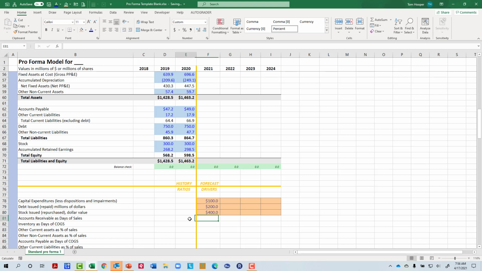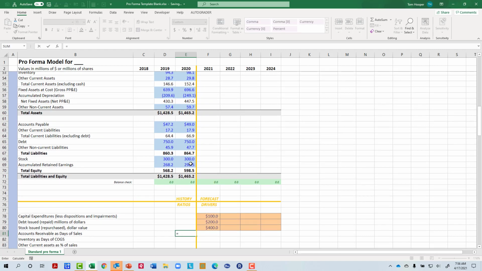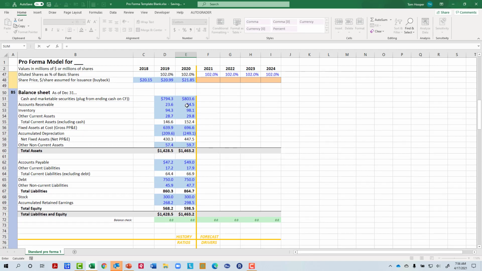The first ratio I want to do, though, is accounts receivable as days of sales. Well, if I were doing accounts receivable as a percentage of sales, I could just divide it by sales. So that would be a year's worth of sales, right? But if I take the sales, which are up on E15, and divide them by 365, then the denominator gives me one day's worth of sales. I take the year's worth of sales, I divide it by the days in a year, and I get the